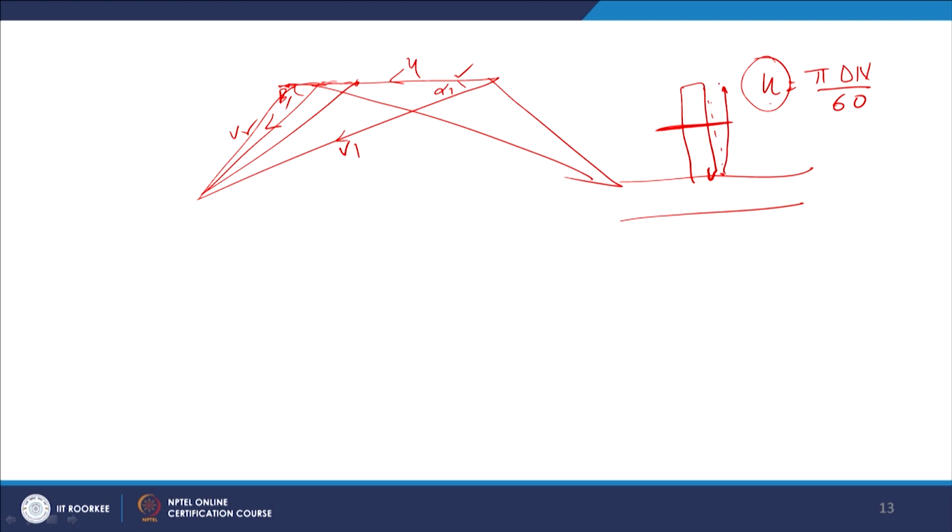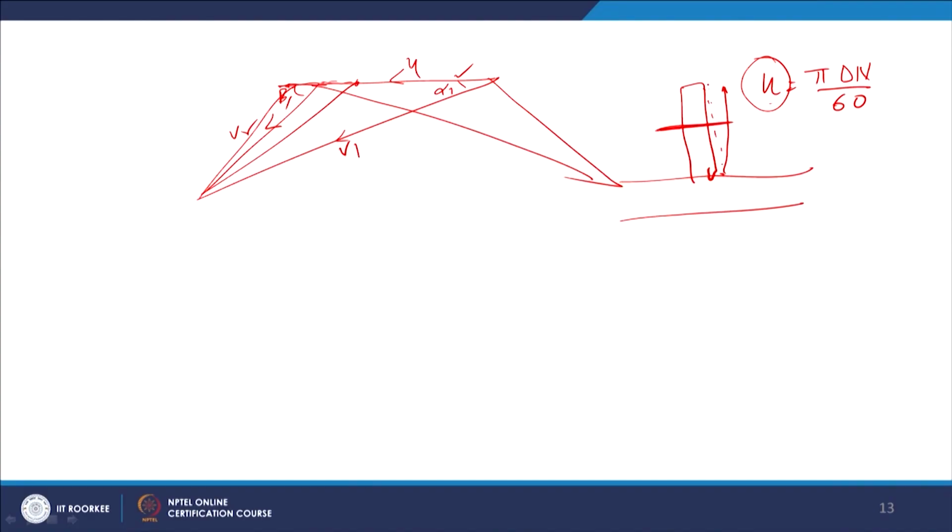For this reason, when the blades of a steam turbine are manufactured, they are twisted. So when you move in a radial direction, the blade angle keeps changing, in order to ensure that there is no shock entry, no thrust on the blade profile, and that steam enters the blade profile along the curvature of the blade. That is all for today. Thank you very much.